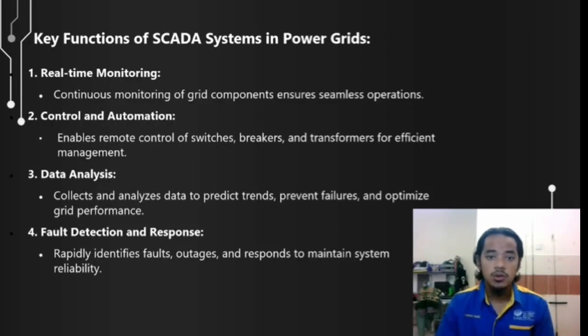The second, control and automation, such as enable remote control of switches, breakers, and transformers for efficient management. The third one is data analysis, like collect and analyze data to predict trends, prevent failure, and optimize grid performance. The fourth is fault detection and response, like rapidly identifies fault outage and respond to maintain system